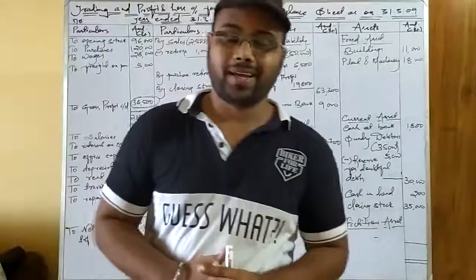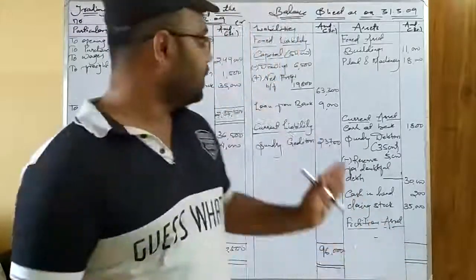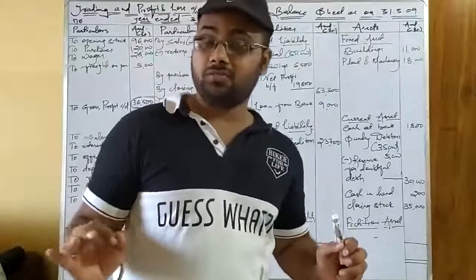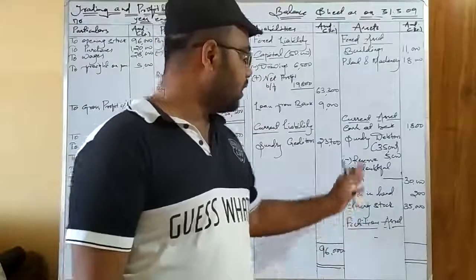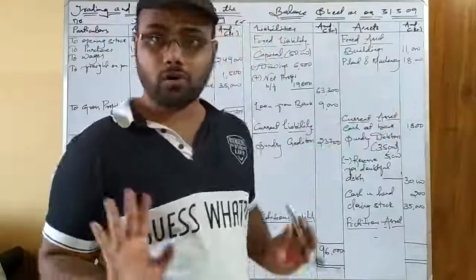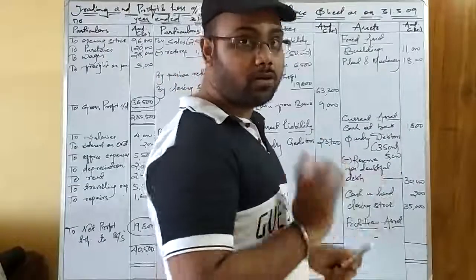Okay. So by grace we got the correct answer for the total of the balance sheet, but the work is not over yet. The total of the liability side is correct, 96,000. Now let us check whether the total of the asset side comes out right. Because that depends upon the postings.